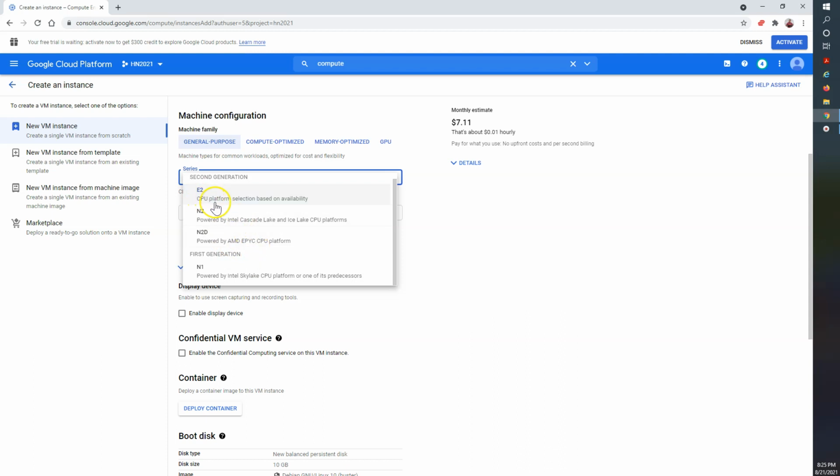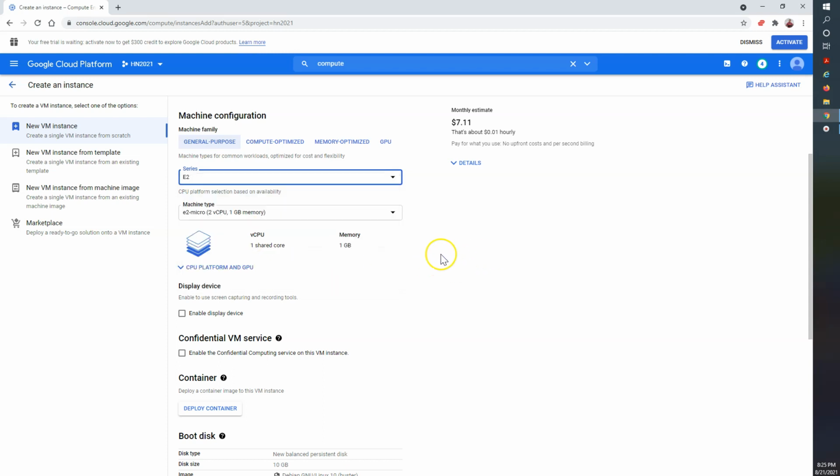This E2 has the CPU platform selected based on availability, N2 is powered by Intel Cascade Lake CPU platforms, N2D is powered by AMD. So this is a complete change of your platform from Intel to AMD. So that basically gives flexibility in the deployment of your machine configuration.